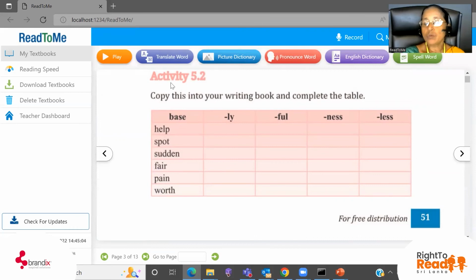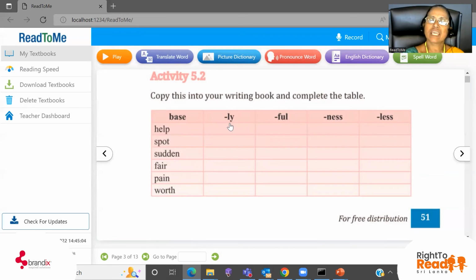Good. Now, what are you going to do? You are going to add suffixes to the base: ly, ful, ness, less. Now you know the suffixes that you are going to add to this word. Yes, shall we do the first one? Help,